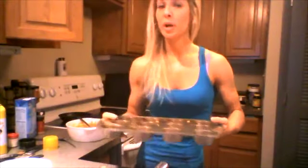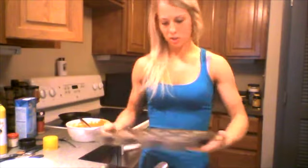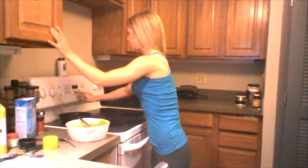Alright, so we're going to put these in the oven. It's going to take 45 minutes for them to cook. So we're going to go ahead and put them in now. And we're going to set our kitchen timer if you have one. 1, 2, 3, 4,